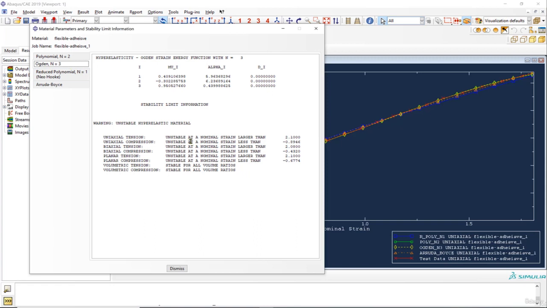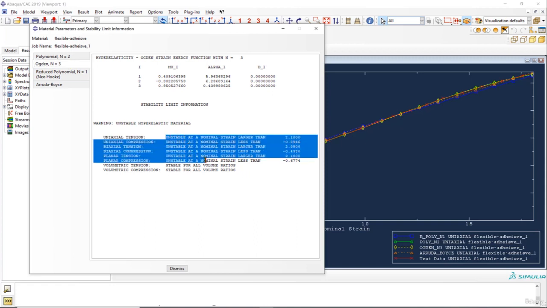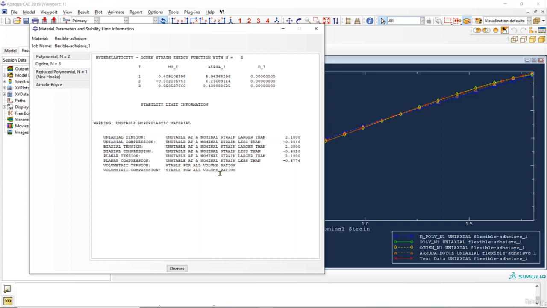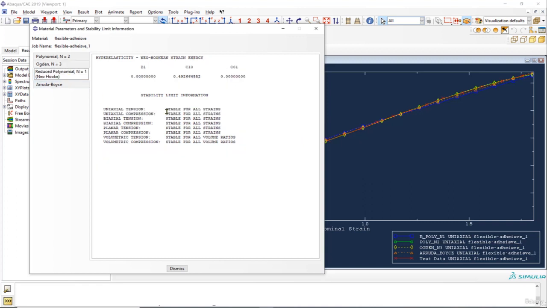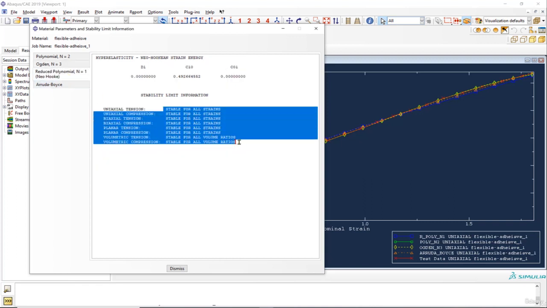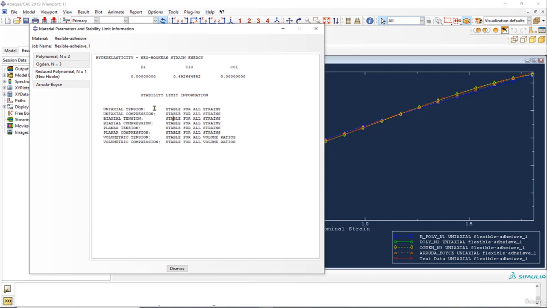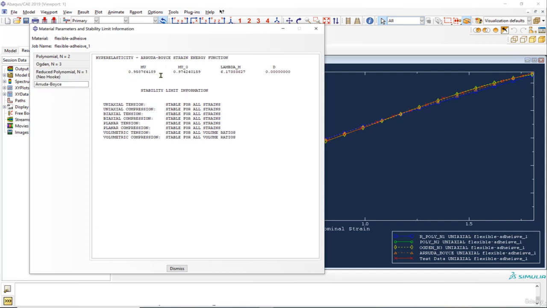The second one here is again the same scenario. You see that it is unstable for these conditions, but stable for volumetric tension and compression. So no model, as you can see, is stable for all the conditions. This is one of the material models that we can use. And the second one is the same thing. As you can see here, this one is stable as well, so we can use this one for our